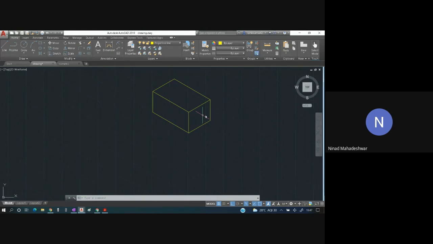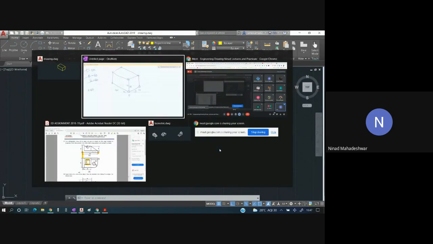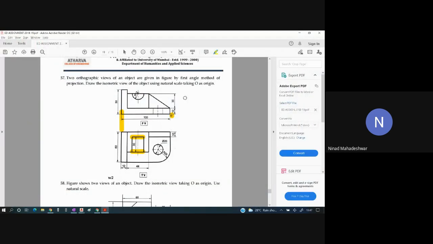Anyways, let us look at this part very carefully. So I have drawn this part. Now I am going to look at the front view. As it is front view, I am going to draw on the left part. From this end, how much will you go towards left? Students, how much is this distance over here? 100. How many mm will go up? 50.